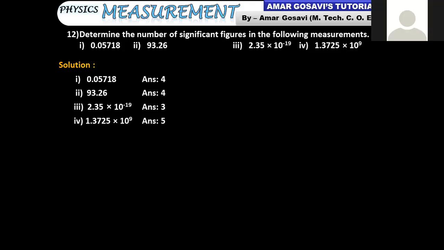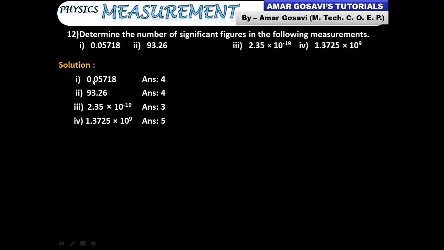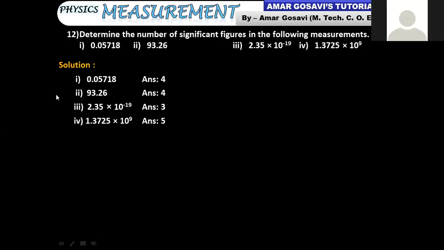Sir, in the first example, we don't have to consider the 0 before the decimal point, right? Yeah, that's what the rule said. After the decimal point, if you have a 0, that is not significant. Had it been like this, after decimal, if 5 was coming first and then the 0, then that 0 would have been significant. Are you getting it? So that's what the rule says. Yes. Okay. Thank you, sir.